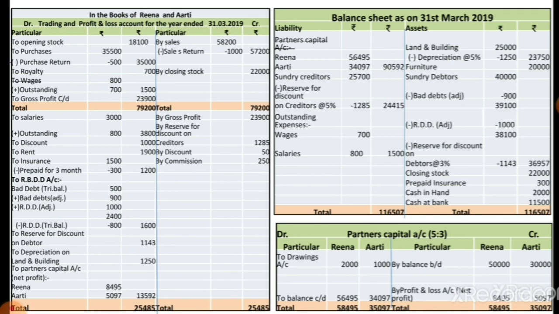Okay, now all the things are completed. The last step is that we take the total of the liability and asset side. Here we find out that the asset amount is equal to the liability. So 1,16,507 is the total amount, where we find that liability is equal to the assets. It means our final account is tallied. So it means we properly solved this problem. So students, solve this type of problem again and again for your self study. I hope you understood problem number 3. Thank you.